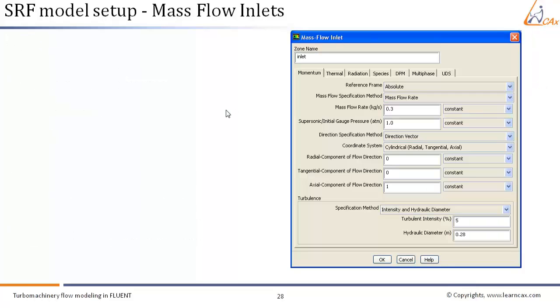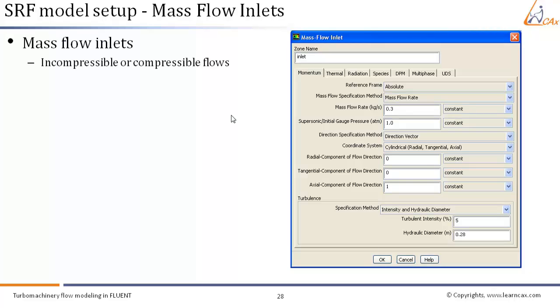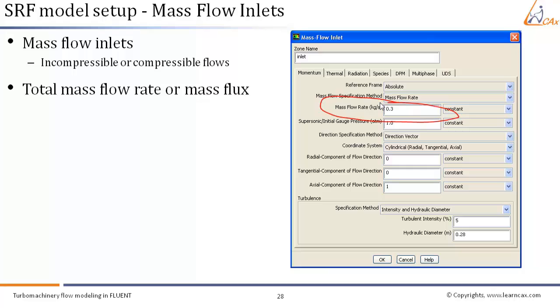Next, we will study the mass flow inlet boundary condition. Mass flow inlets can also be used with incompressible or compressible flows. Here we have to specify the total mass flow rate, which is given here. We can specify total mass flow rate or mass flux, and the same reference frame and flow direction options are required